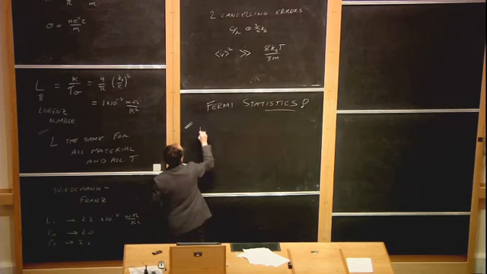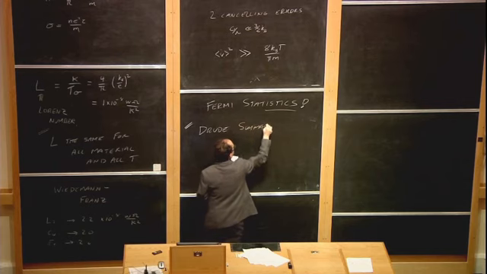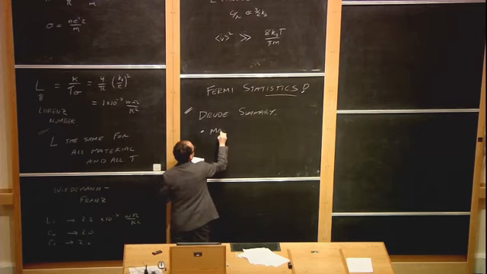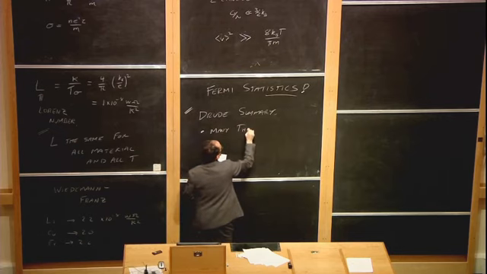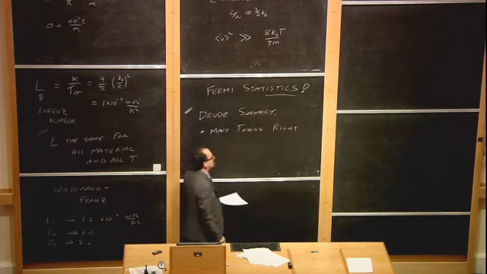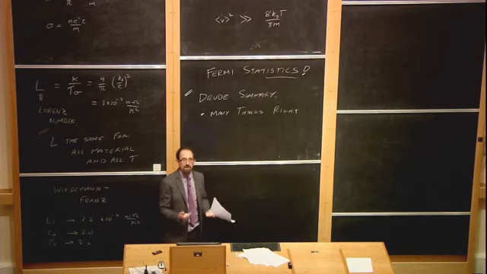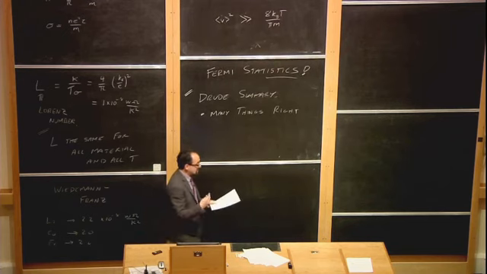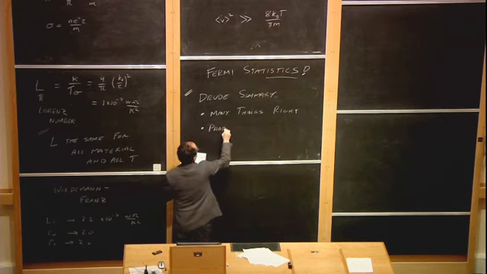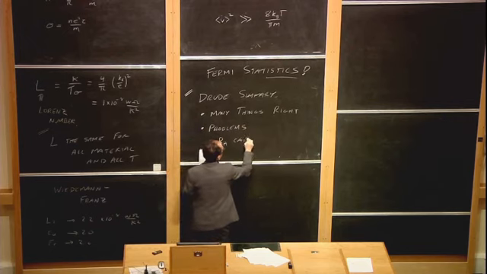But before doing that, I'm going to do a little bit of a summary of Drude theory. Drude summary. Many things right. Many transport properties you get right. And I think for homework, you'll study a couple of other things that you get right in Drude theory. It's still used very heavily for understanding metals and semiconductors, particularly good for semiconductors. But it has problems. And some of the problems are, well, R_H can have the wrong sign.